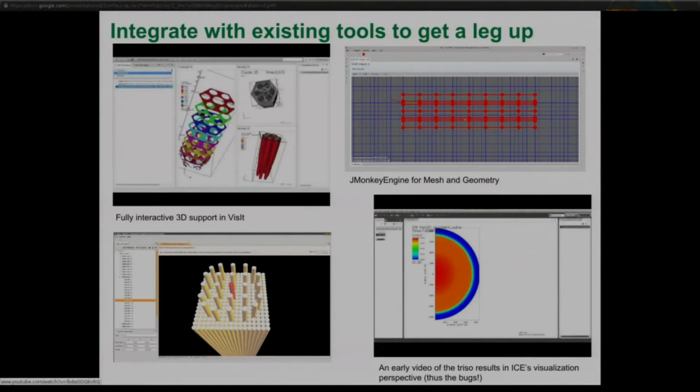On the top right corner is our 2D mesh editor. We've been working on this for quite a while, and we're starting to extend it to 3D, which is pretty cool. Basically, you can go in and for any given element, you can grab the nodes and manipulate the nodes or the edges. In the bottom left corner is our 3D constructive solid geometry editor, where you can go in and construct things together. I'll admit the geometry editor doesn't get used a lot. It's a tool that we built and has never really been picked up, but the other pieces are in active use.